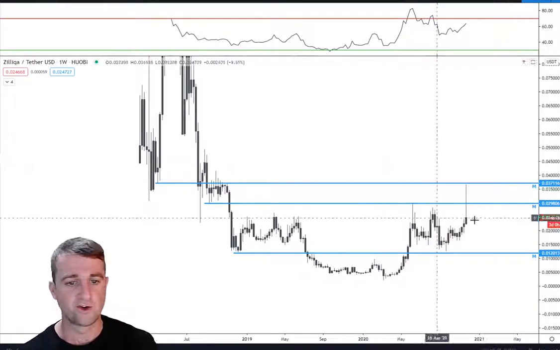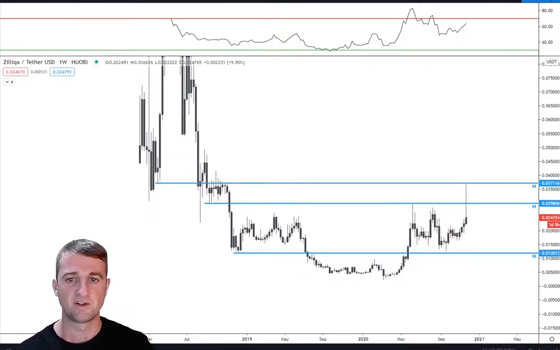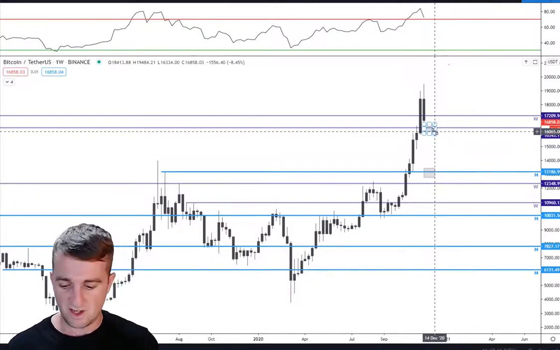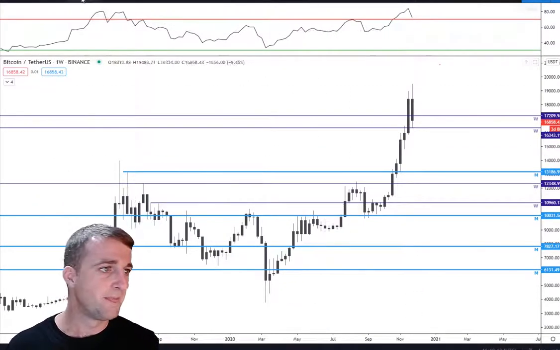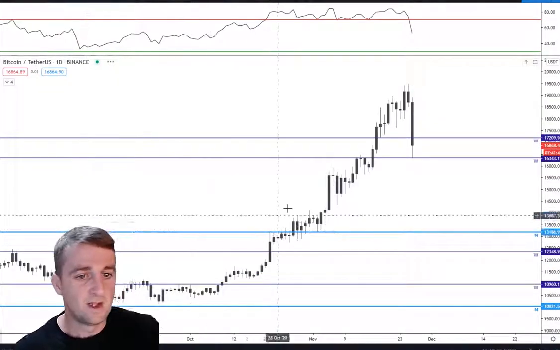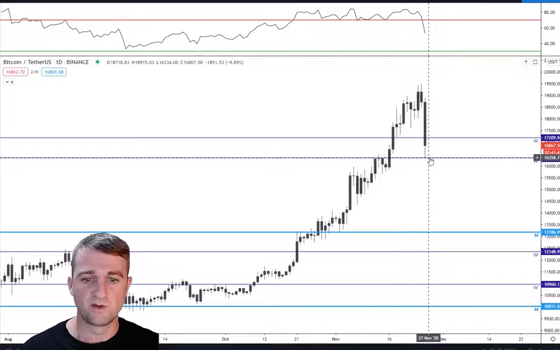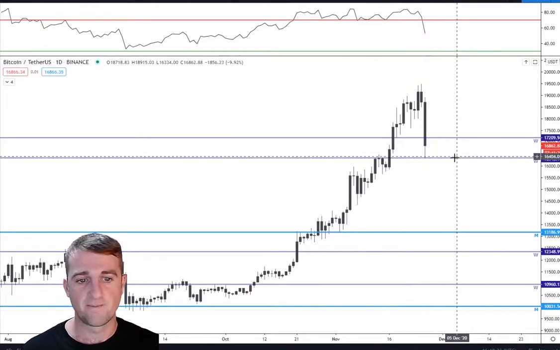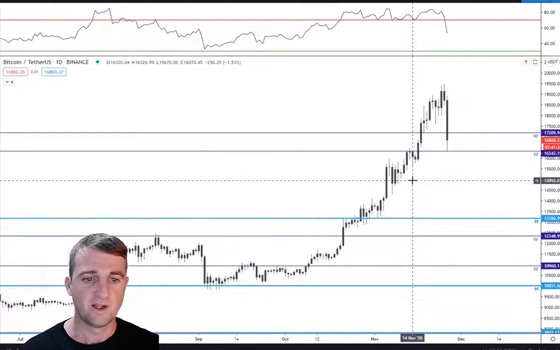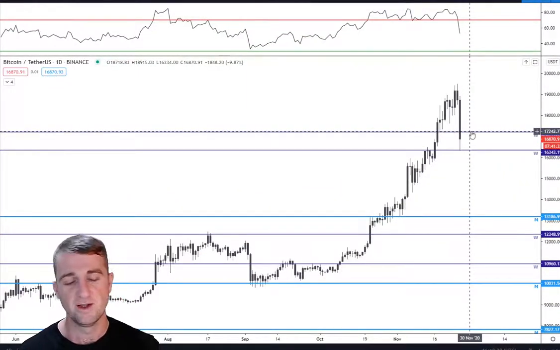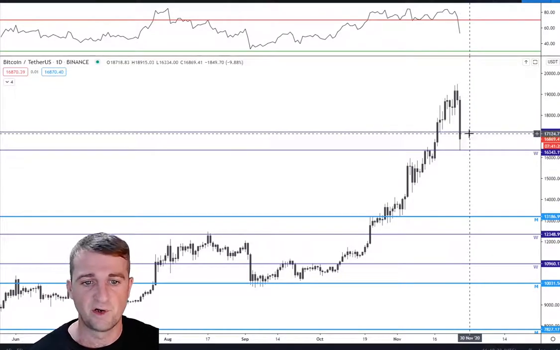What I want to do is just show you a live example of what happened recently. I'll go into BTC. So I've got these areas marked up already. I'll just remove them. So I'll just go into a daily time frame. If you look here, this area actually was a level of weekly support. And it actually bounced right off it. It did the same yesterday. This morning, should I say. It actually bounced off this area, but it has lost that area of support now, and it has dropped down